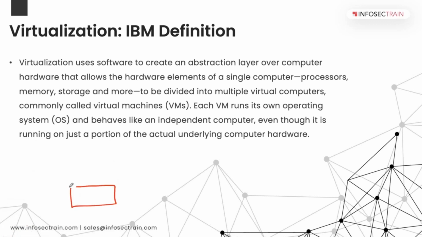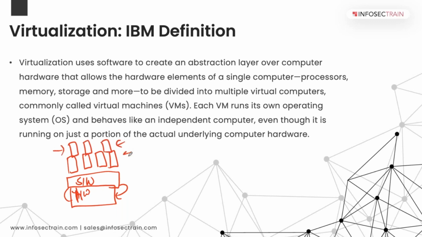So there is a physical machine which has the hardware, like processor, memory, storage, and everything. Now you install some software in there. That software allows it to divide the same processor, memory, network, and everything that is in there into small operating systems, like this. So it is going to divide the things like this. All right, so this is what it does.